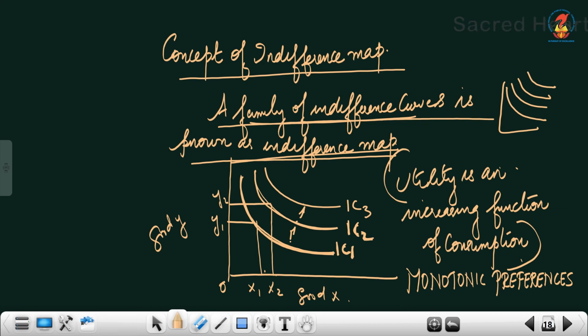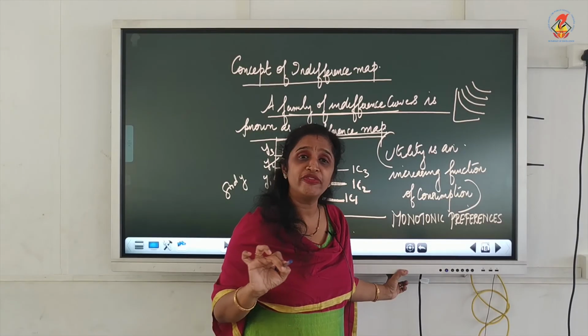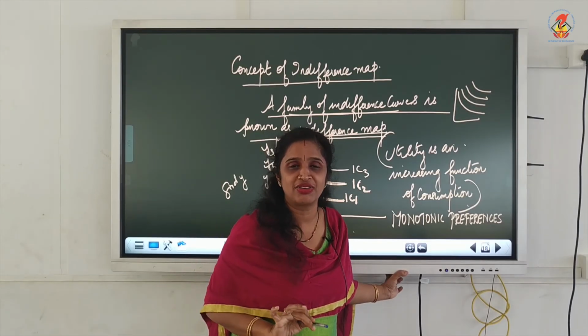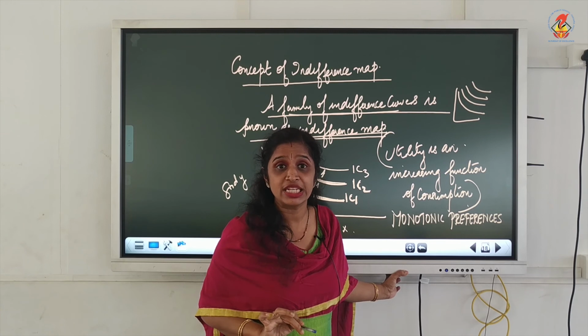For example, in the first indifference curve, OX1 of X commodity and OY1 of Y commodity is available. But in the second indifference curve, OX2 of X commodity and OY2 of Y commodity is available. In the next indifference curve, OX3 of X commodity and OY3 of Y commodity is available. Therefore, a consumer will normally wish to move to a higher indifference curve IC3, because he is getting more combinations